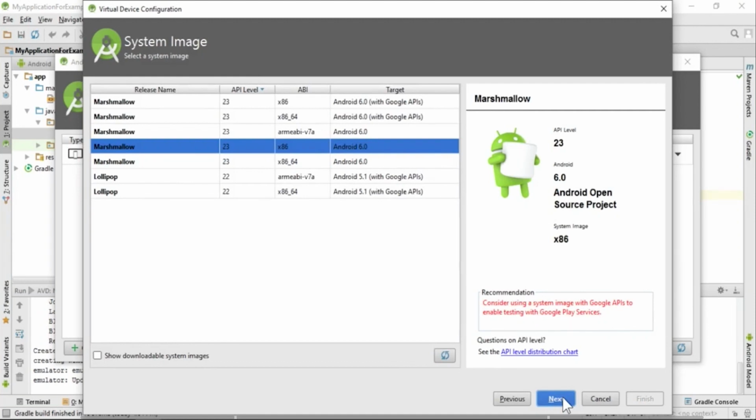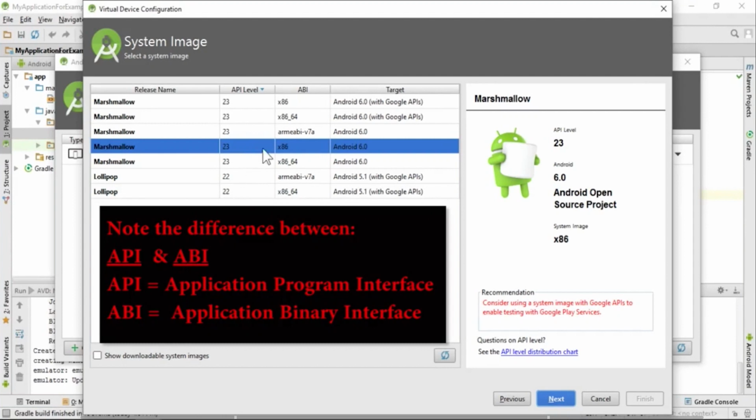Then you will see a list of system images that you have installed on your system. My list is probably a bit longer than yours, but that doesn't matter. The important thing is to understand what you're looking at. This grid of information contains 2 key columns: the API level and the ABI. These are the 2 central columns. The API level is the API level of the image or Android operating system version that you want to run